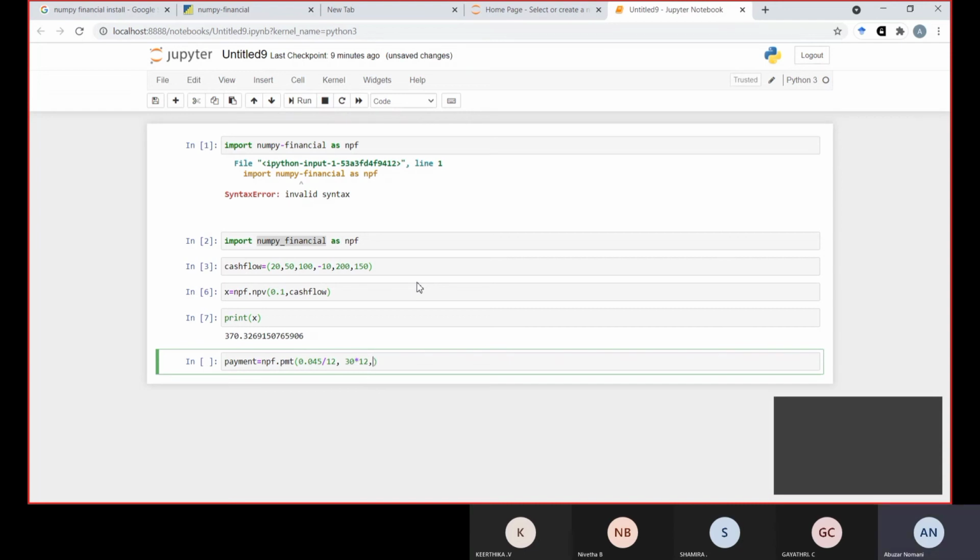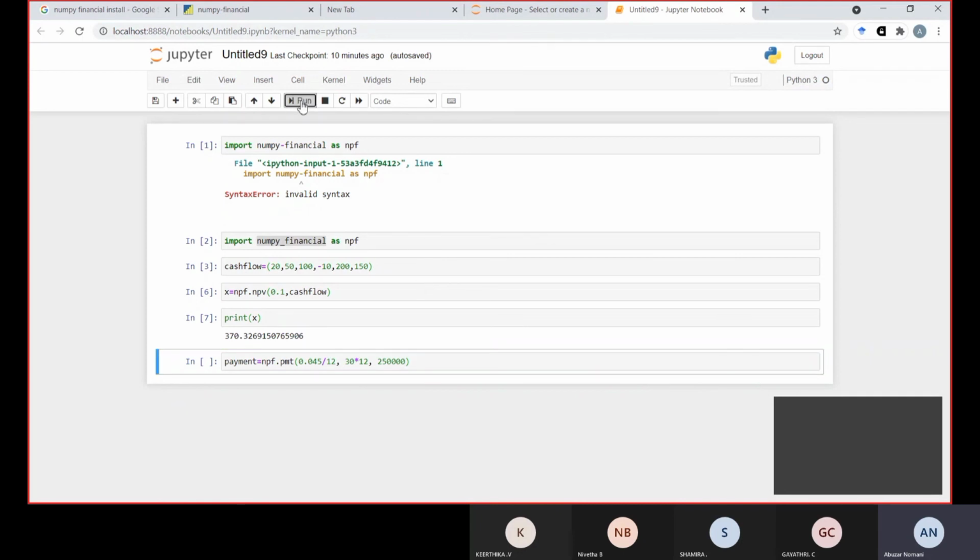Then what is the amount? The loan amount is 2,50,000. So we need to find the payment for the 2,50,000 loan: what amount we have to pay each installment so that at the end of the 30 years we can pay off the amount.